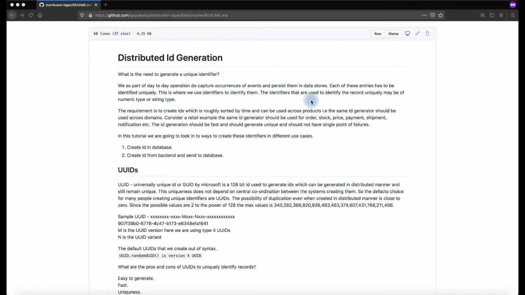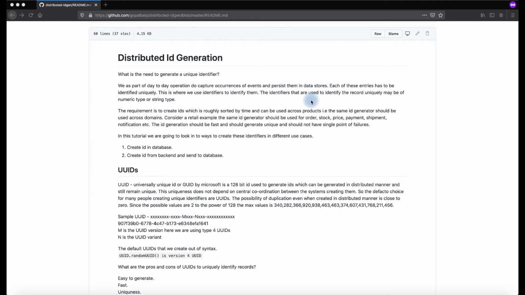When it comes to intermediate storages such as Kafka or message queues, we need to generate keys. We need not uniquely identify a record, because if you take a message published to Kafka, we use a key and a value. The key is to ensure that the records are sorted in that order. So that is why we need to create a key when it comes to topic partitions. It is a similar case with any intermediate system.